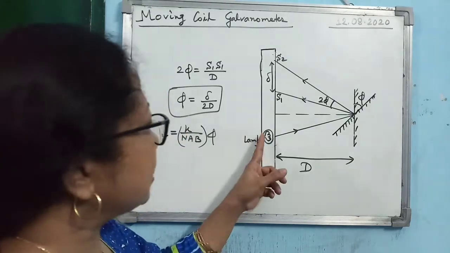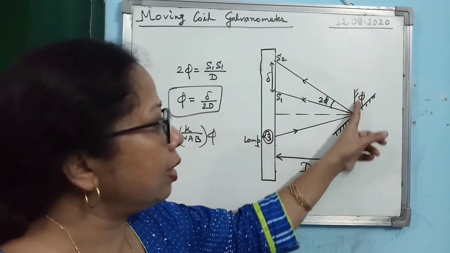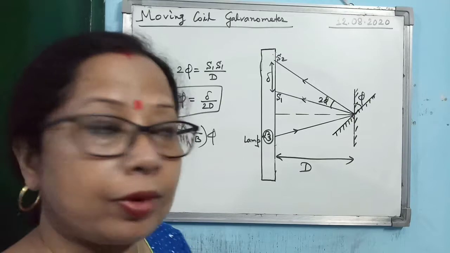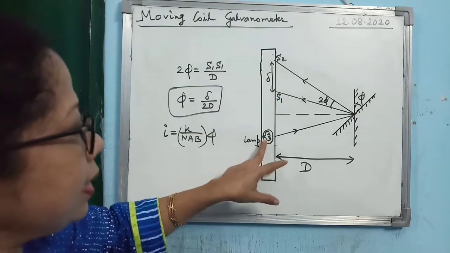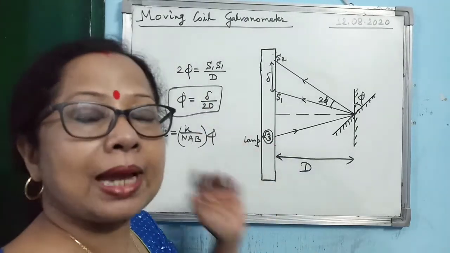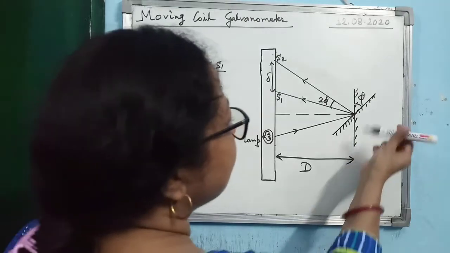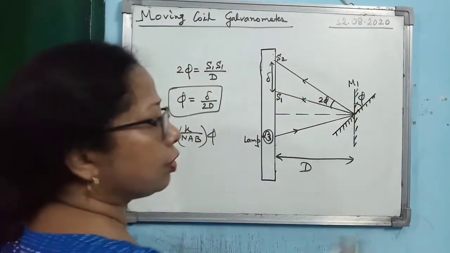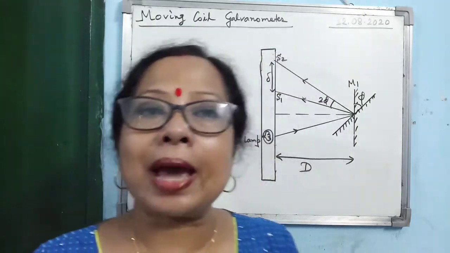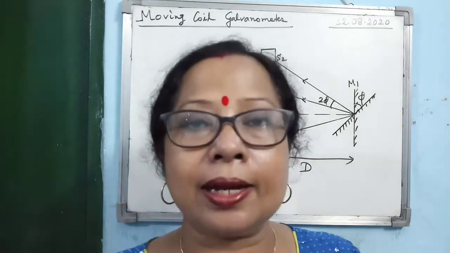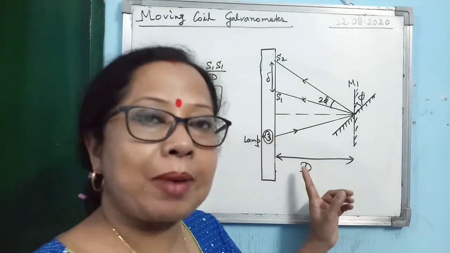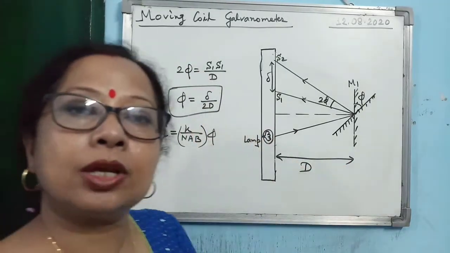First of all, there is a lamp and scale placed in front of the mirror attached with the phosphor bronze fiber. Here you see this is the scale, and the lamp is not on the scale, just below the scale the lamp is set. This is M1, the first position of the mirror. First of all, the position of the lamp and mirror is adjusted in such a manner that when light falls on the mirror, it reflects back and coincides with the zero of the scale.